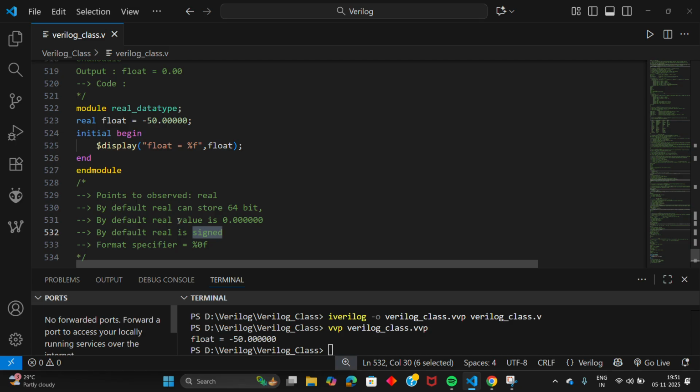Also, one point I discussed previously is that the default real value is 0.00. These two points have been covered, and the format specifier that we are going to use is %0f. So why is real signed? Did you get this point? Because I assigned the negative value to the